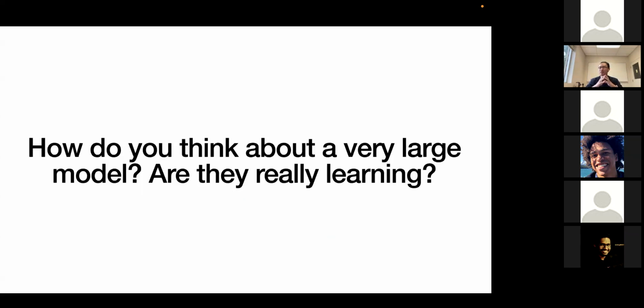And finally, we come to the discussion. The first question is, how do you think about very large models? Are they really learning? The reason I ask is that a friend of mine made a point: for a model as large as CLIP, they need a lot of data. For this model, they need 400 million data points. So if the model just